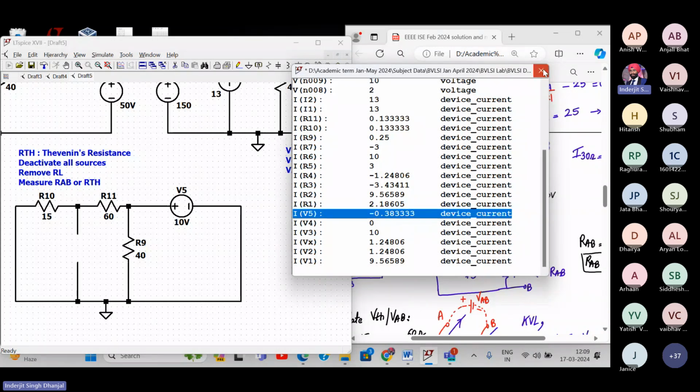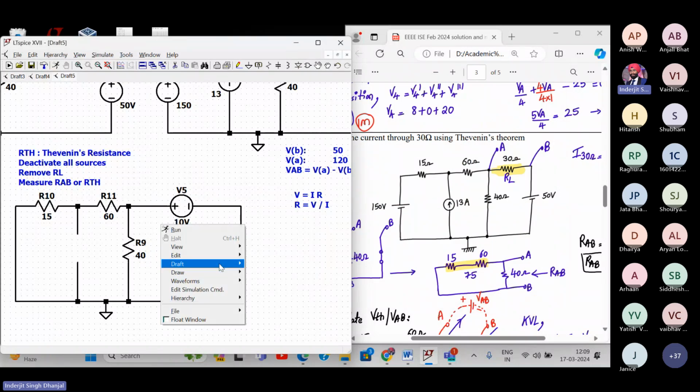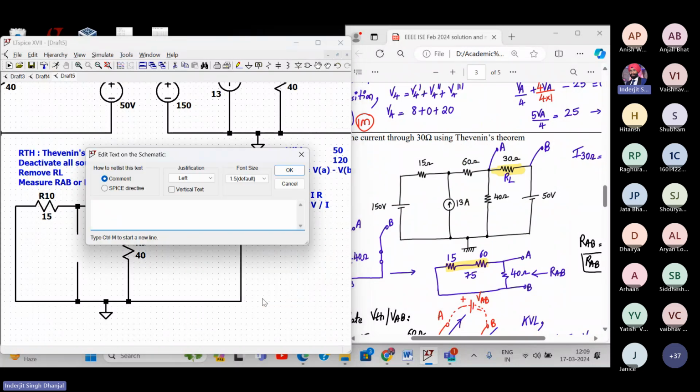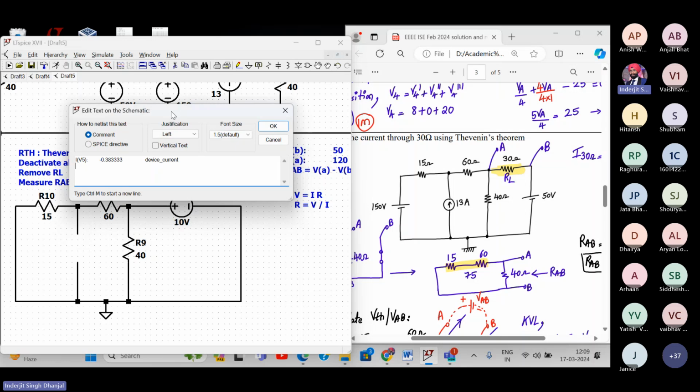Okay. I of V5, I noted down. So here it is. But forget about the current direction. Only consider the magnitude. So now tell me, how will you calculate RTH? So RTH will be V5 divided by current of V5. Magnitude, magnitude only. So this is 10 volt divided by